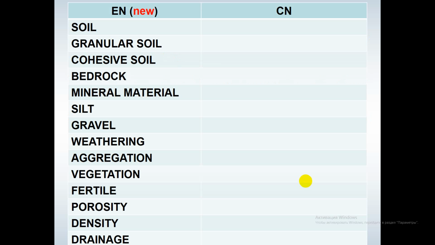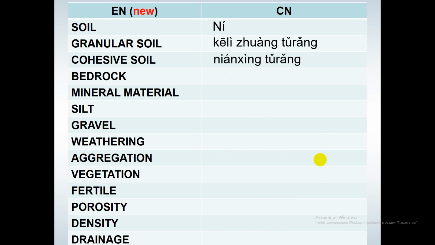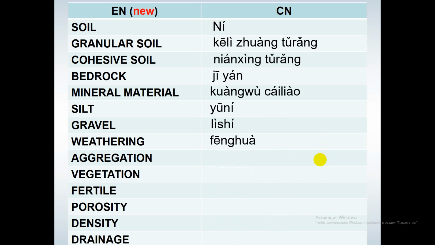Vocabulary: soil, granular soil, cohesive soil, bedrock, mineral material, silt, gravel, weathering, aggregation, vegetation, fertile, porosity, density, drainage,